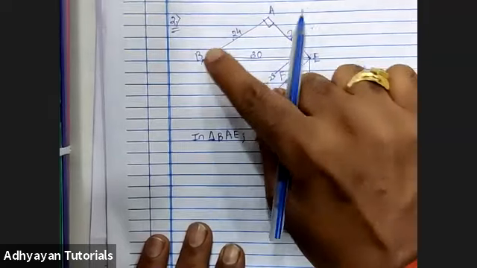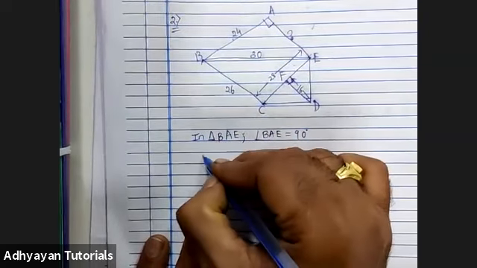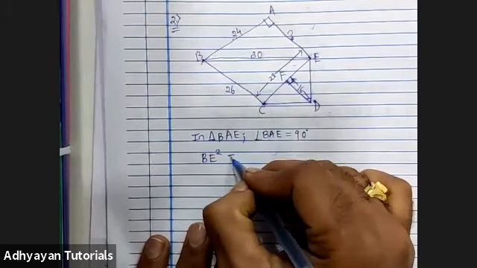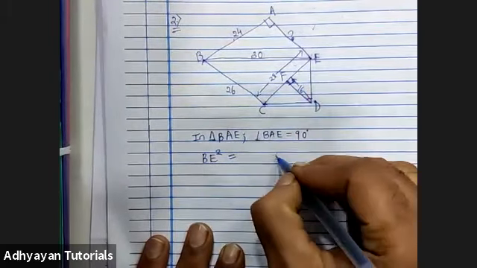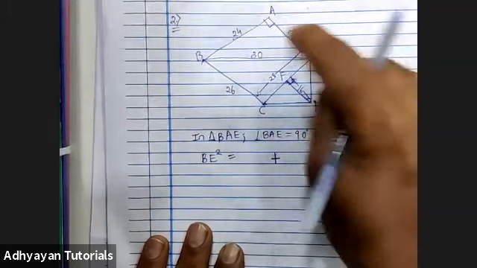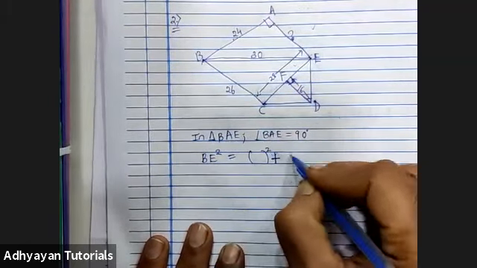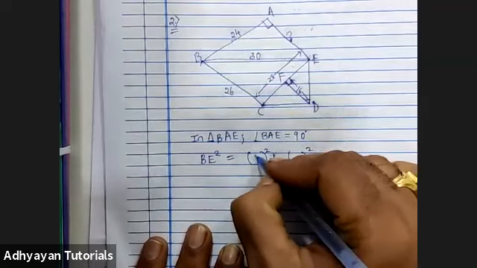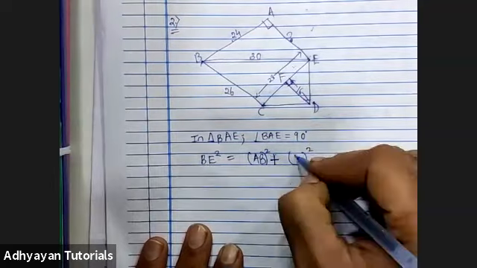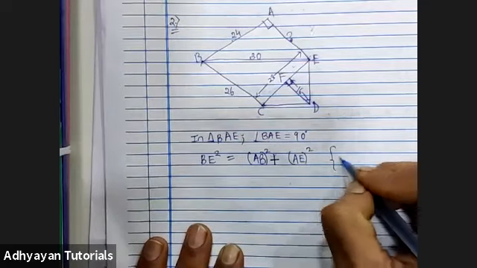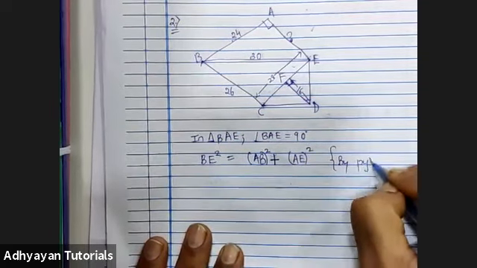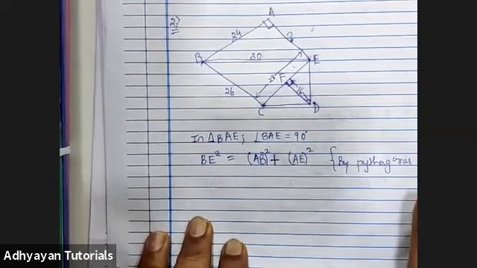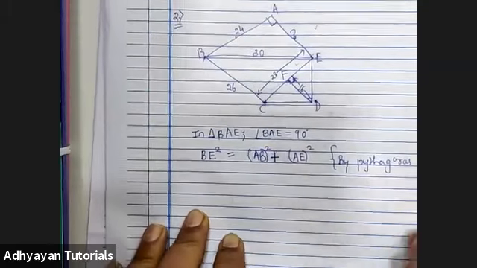And therefore applying Pythagoras. I hope सबको पता है Pythagoras theorem क्या है. 90 के सामने वाले side को hypotenuse बोलते हैं. And Pythagoras theorem states that hypotenuse side square is equal to sum of the squares of the other two sides. The other two sides are AB and AE by Pythagoras theorem. Hope everybody has understood till this point,